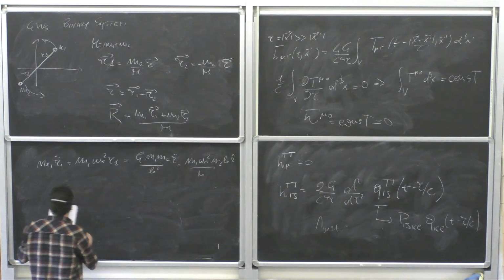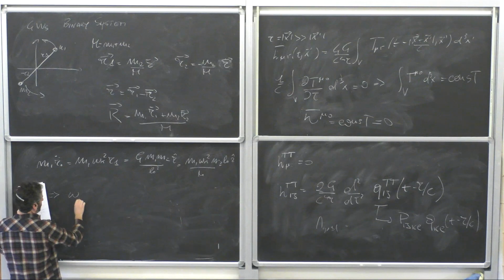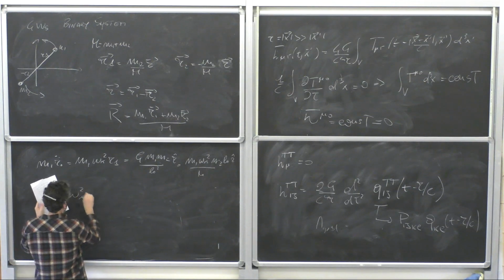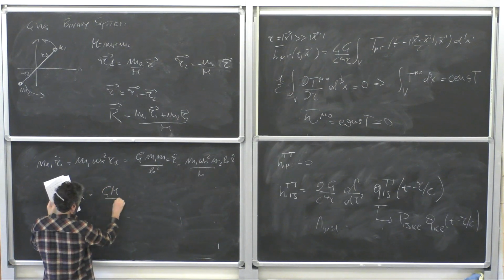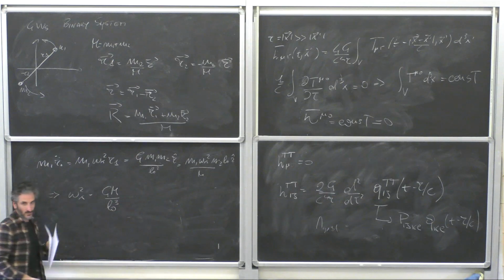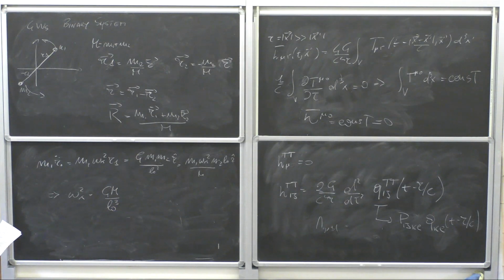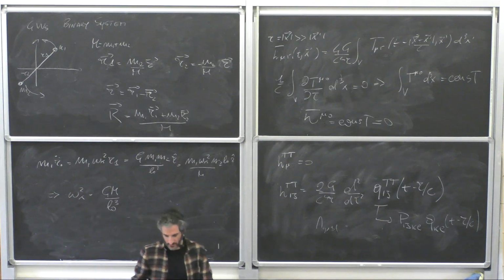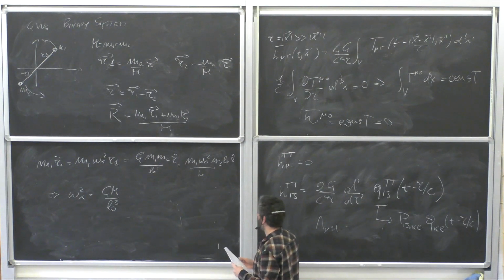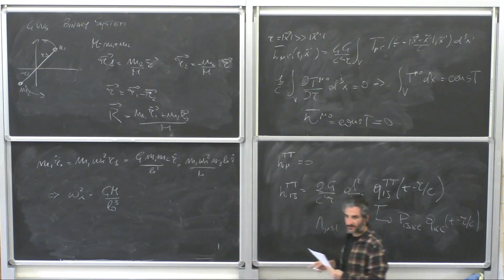And this gives me the Keplerian frequency again. L0 is the relative distance between the two. This is all we need, basically. Okay. Now, what I want to write now